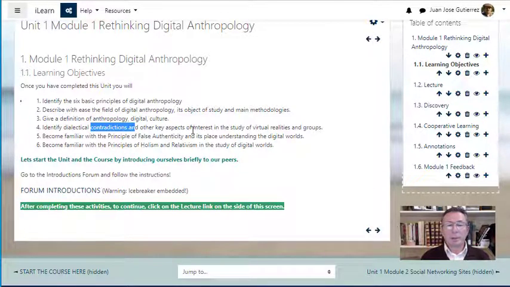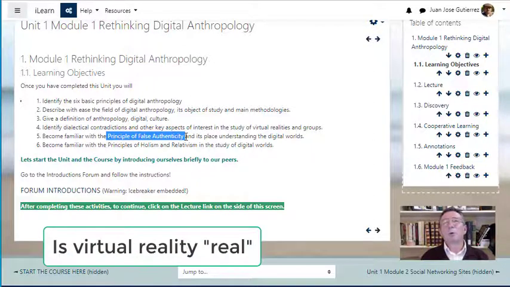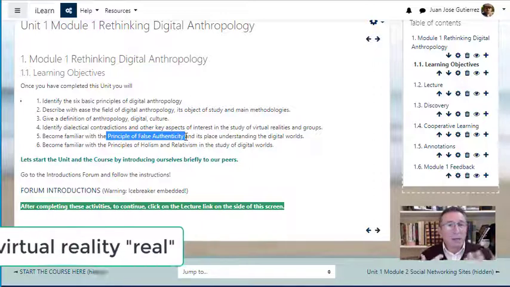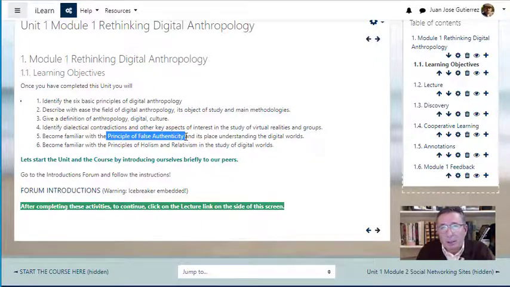There's this idea of the principle of false authenticity. That is, are we talking about something real here, or is the digital not real? Do the same rules of understanding apply to the digital realm that we apply to understand human interaction in the real, analogic world, or do we need to apply different rules for understanding it? So we will grapple with that.